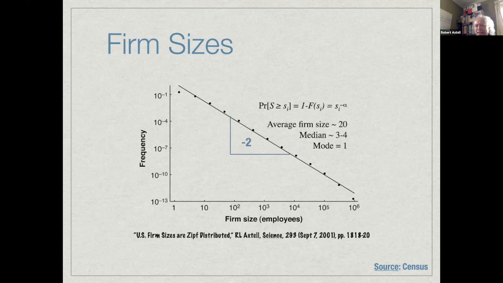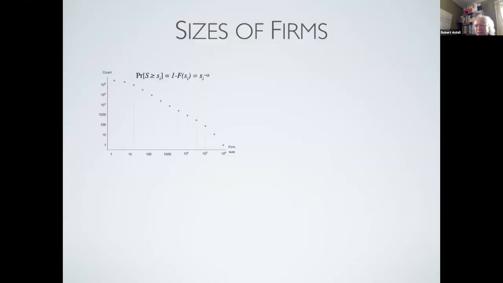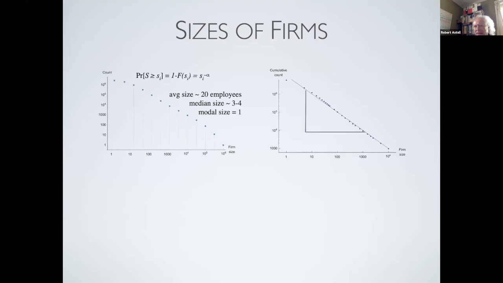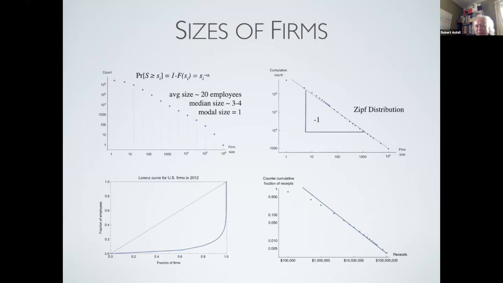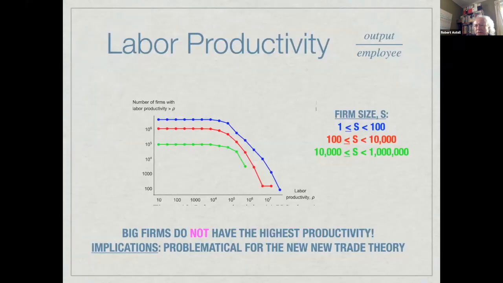And it turns out you can slice and dice these data various different ways, and you can show them from different perspectives. I won't spend much time on that today, except to say that we know a lot about this kind of gross regularity at the level of the entire population of American firms, and many other countries have similar gross regularities. Labor productivity is another one where we see another kind of gross regularity. For the most productive firms in America, we see this kind of pattern, where blue is small firms, red is medium firms, green is large firms. We get this kind of power law tail in productivity. Average productivity doesn't really make a lot of sense when we have these kinds of power law tails.